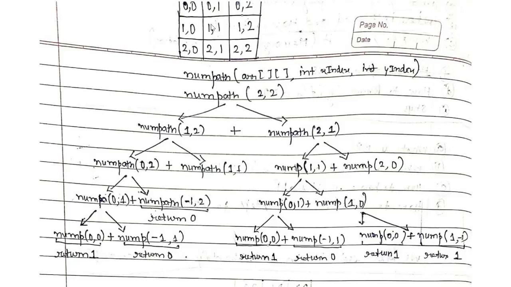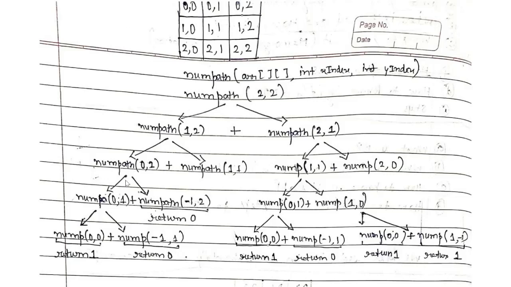And in the other branch what would I be doing? If I come right from 1 1 then I would be reaching 1 2. So what does this subproblem signify? This subproblem signifies, look, that I can reach 1 2 from 0 2. Now just tell me the total number of paths from source which I have to reach 0 2. And what does this subproblem signify? This subproblem signifies that okay, I can reach 1 2 from 1 1, but just tell me the total number of paths that I can reach 1 1 from source.